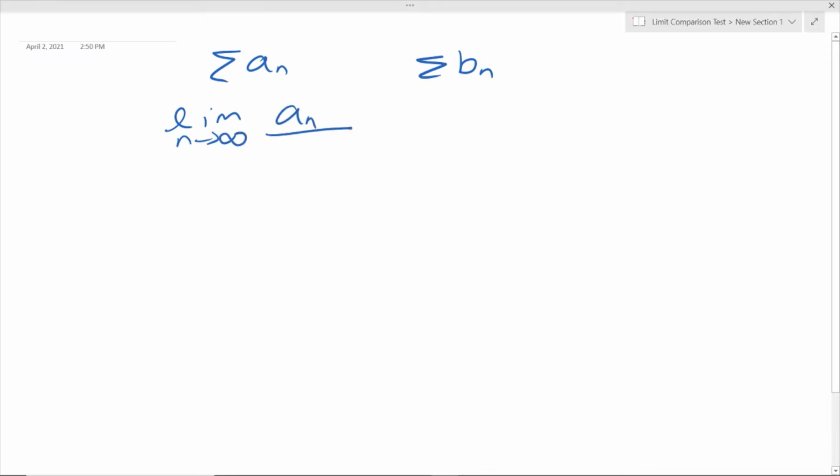Hi there! Today I'm going to be talking about the limit comparison test. So, for the limit comparison test, we look at two series. We have this series AN, and we also have series BN. In this limit comparison test, it says that if the limit as n goes to infinity of AN over BN gives a result C, and C is a finite number,